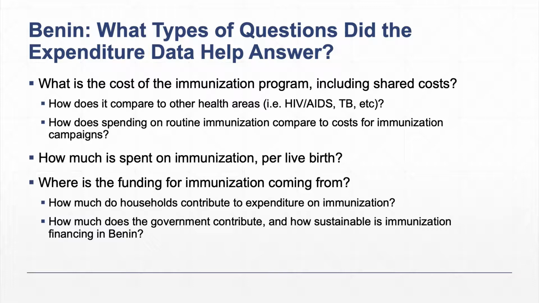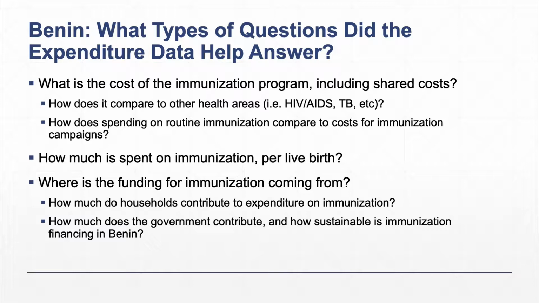The third question is, what is the cost of different immunization strategies, namely routine immunization and mass campaigns? It is very useful to compare these two strategies and to analyze the reason for the difference in cost and to know if this trend impacts the effectiveness of the two strategies. Fourth question, what is the immunization expenditure per live birth? You know, it's a good economic indicator to evaluate the efficiency of our program and to compare ourselves with other